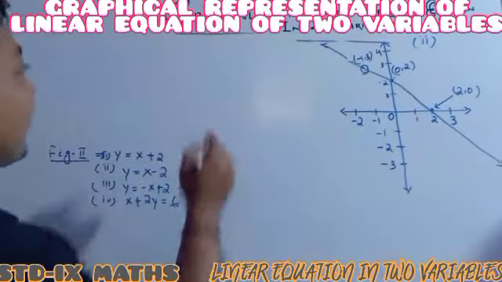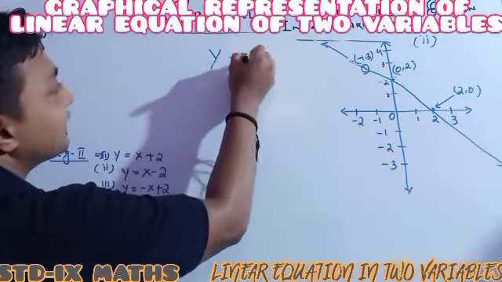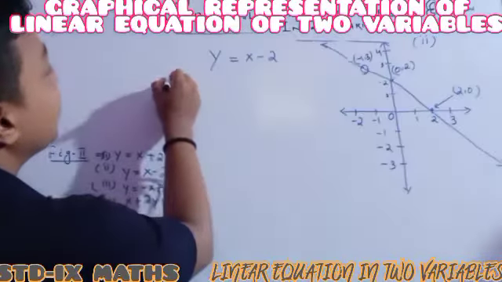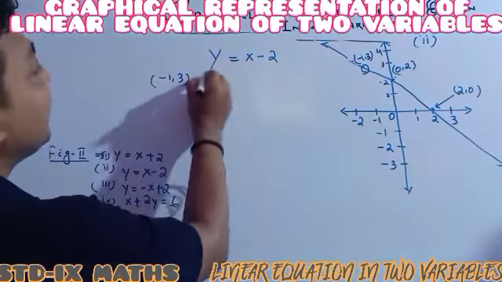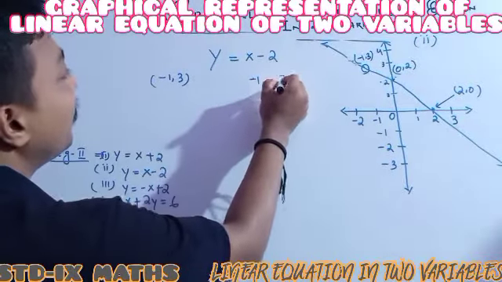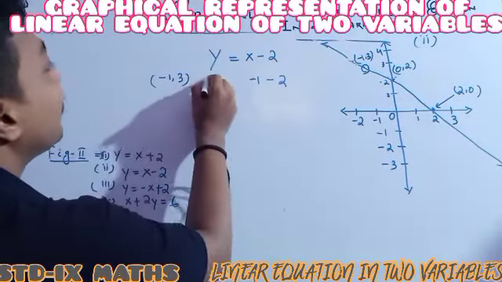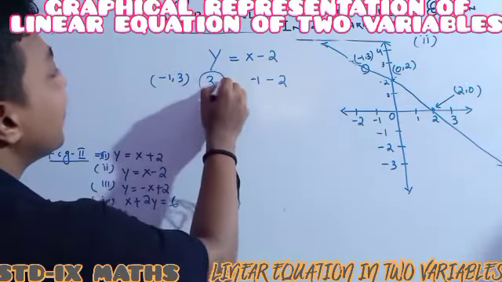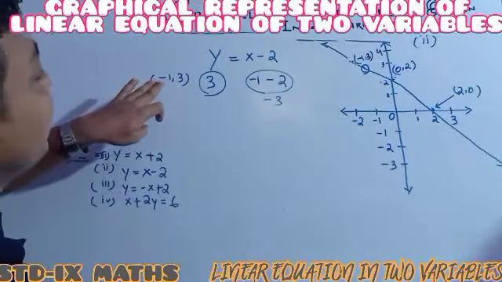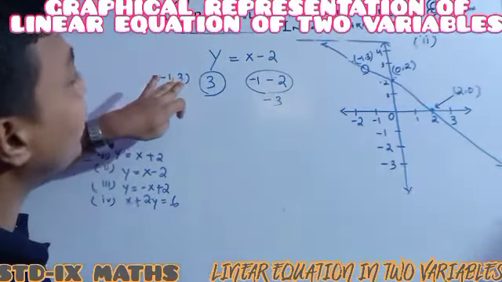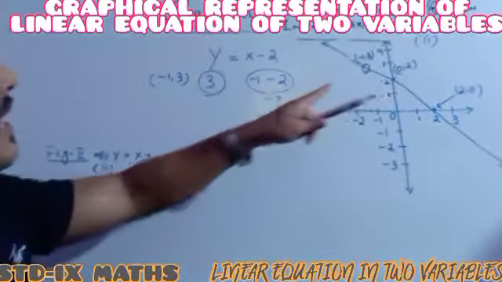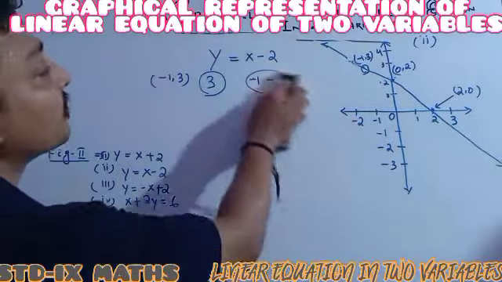And then for the second linear equation I am choosing y equals x minus 2, checking for minus 1 and 3. Here x is equal to minus 1 and y is equal to 3. The left side is 3, and on the right side we got minus 3. So on putting x equal to minus 1 and y equal to 3, the equation does not satisfy. So for the second equation, its graphical representation is not the given figure.